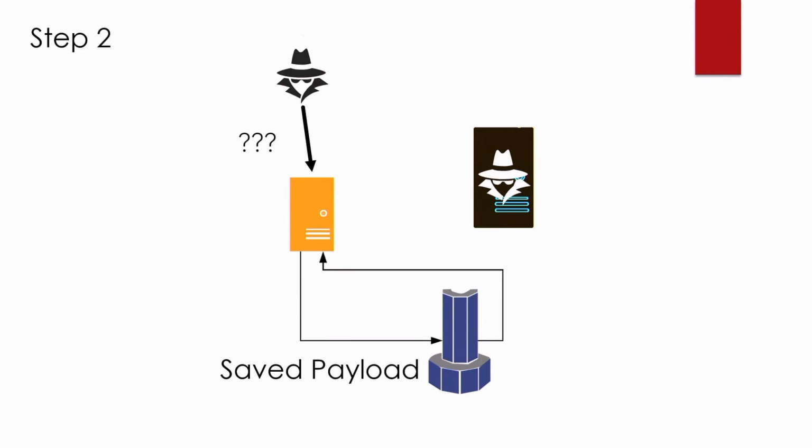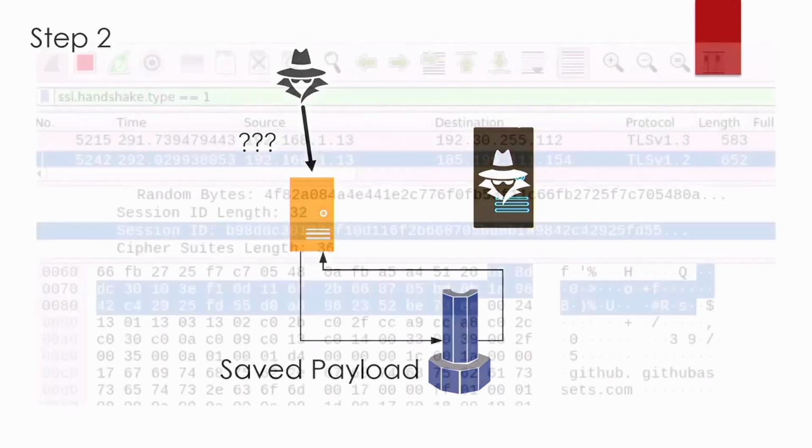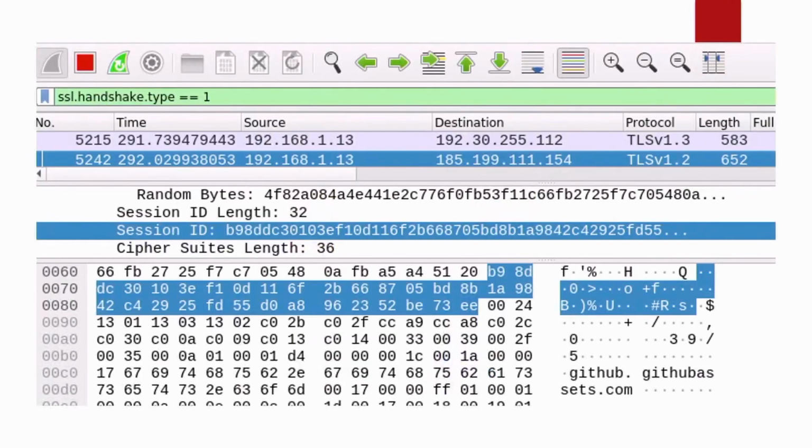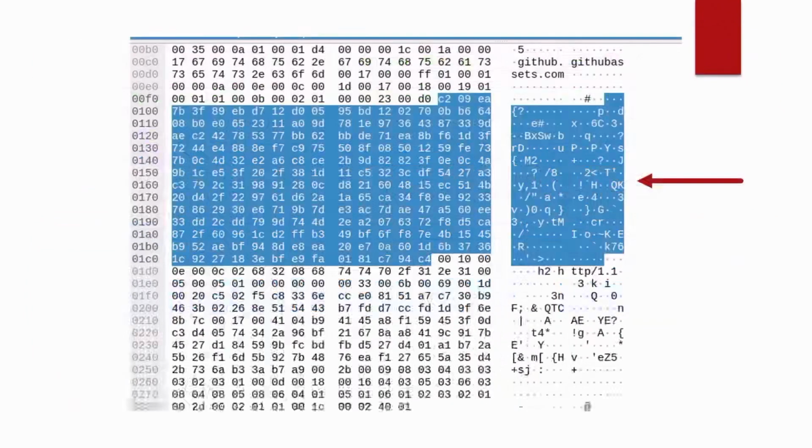But that raises a question. Is there such a field that we can use to deliver these payloads? It might seem too good to be true, but TLS actually provides us with exactly that in the form of a session ID. Most clients even persist this field. Session IDs are limited to 32 bytes, as you see here, but depending on the implementation, you might have session tickets. This one is about 200 bytes, but these can be up to around 65 kilobytes.